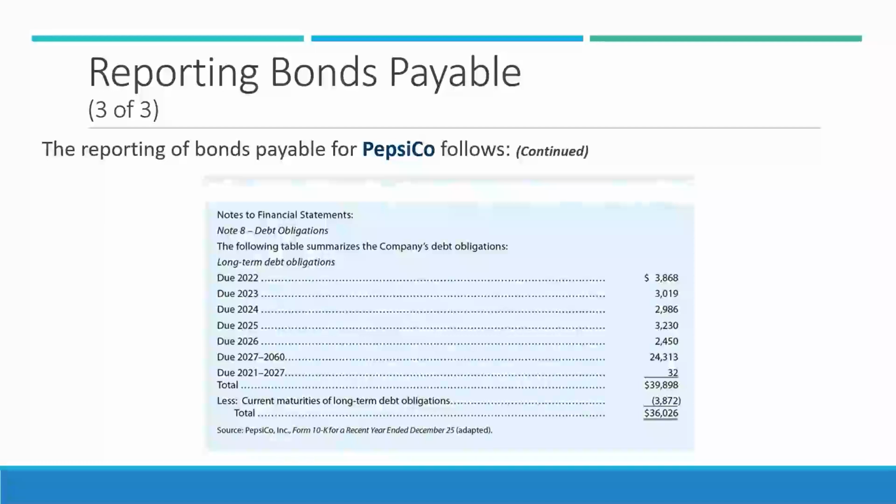And in the footnotes, the company is going to disclose all the maturity dates of their debt obligations, including, so due in 2022 is 3.8 billion. Again, this is for Pepsi's recent 10-K. I actually don't know what year this is from, but this must be from 2021 because they're disclosing debt due in 2022, right? So 3.8 billion is due within 2022, and now the banks know when they're considering whether or not to buy more Pepsi bonds or issue Pepsi more loans,